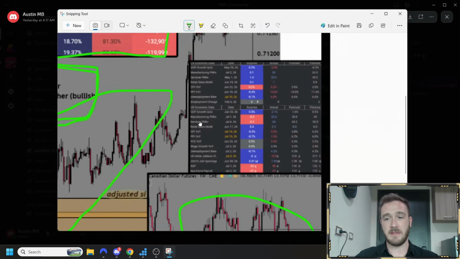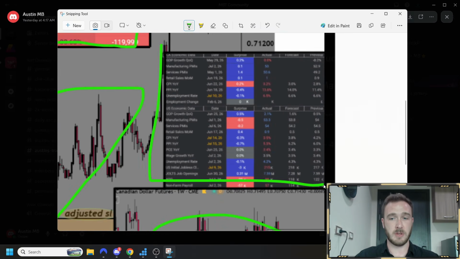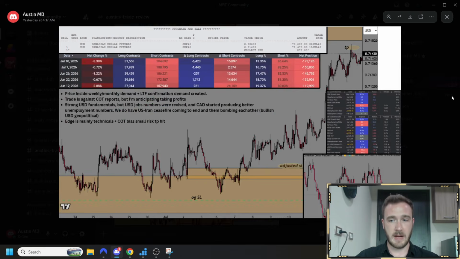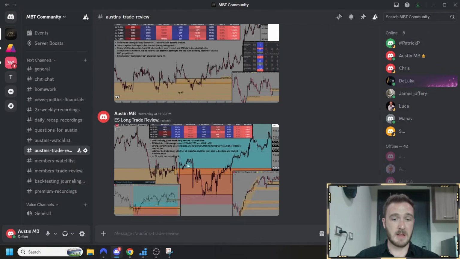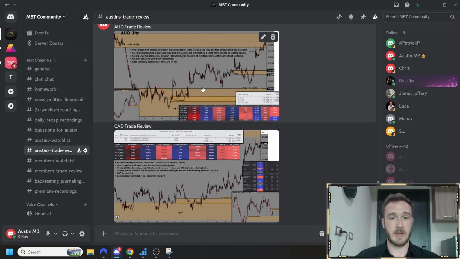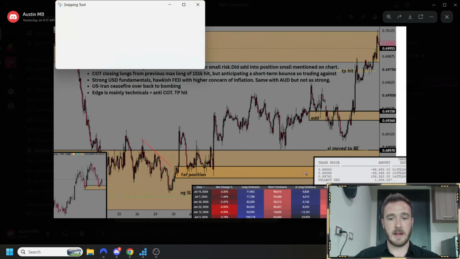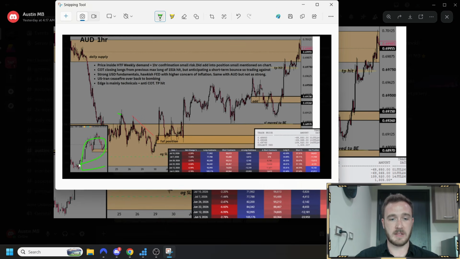But then I also have over here fundamental news that I might rely on, just to say, hey, what's my fundamental edge? Now, I'm not saying you need all this different stuff in order to take a trade or to document, but the more the merrier because it can help you create a better trading edge. It's the same thing with this trade here. I have my technicals, higher time frame, technical chart, COT reports, P&L, and then also some text here giving me